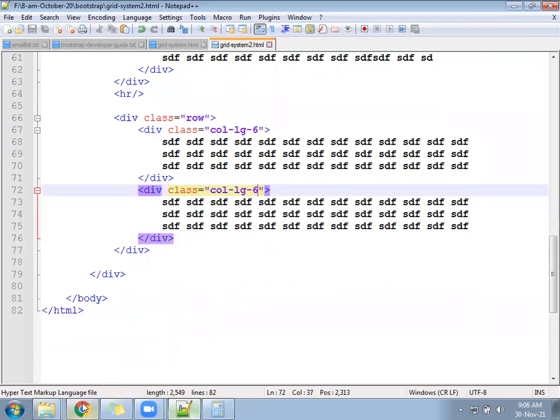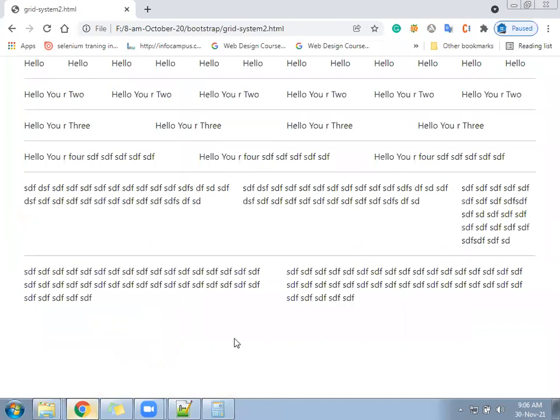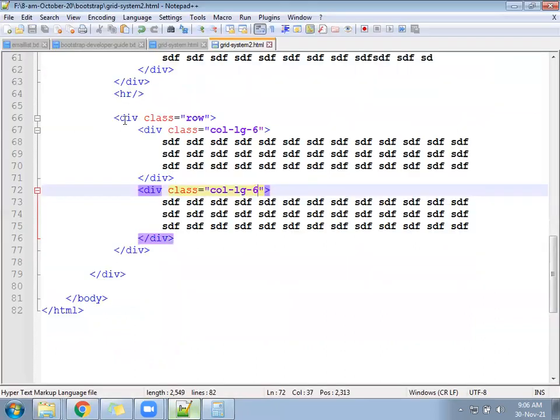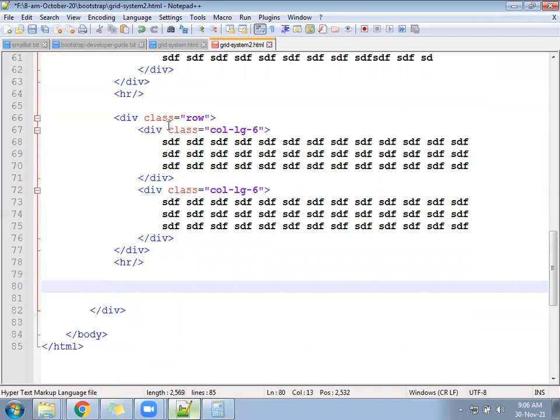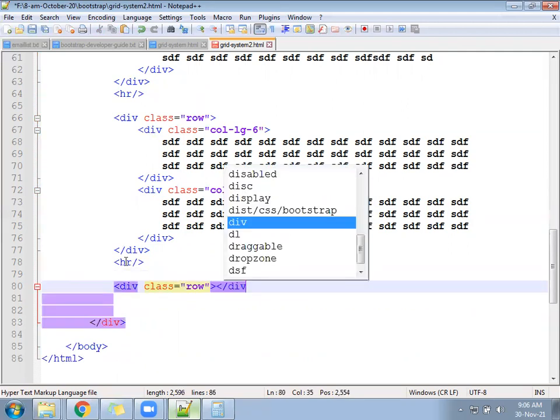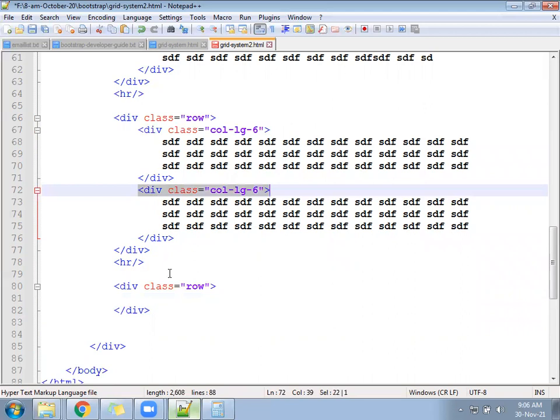Now, from 1 to 6 we saw, half is coming. Now we'll create another row. There we will use the complete col-lg-12. Division, col-lg-12.